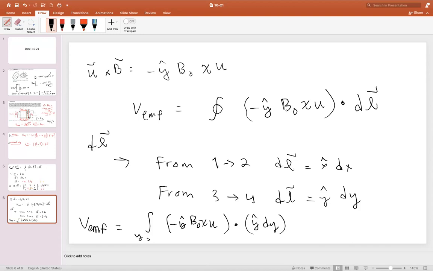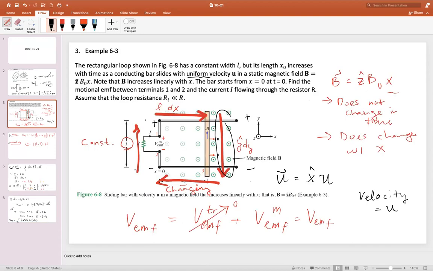And what should our integration limits be for this? Well, we aren't really sure, right? But we called this 0. So let's say that this point right here is the origin of the coordinate system. So if this is y equals 0 here,